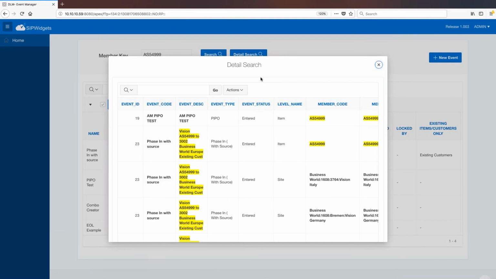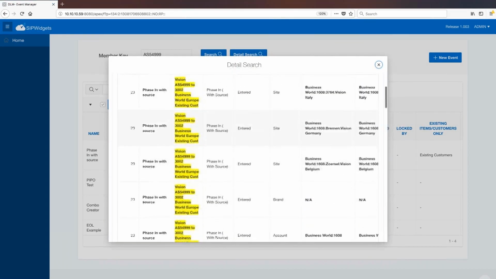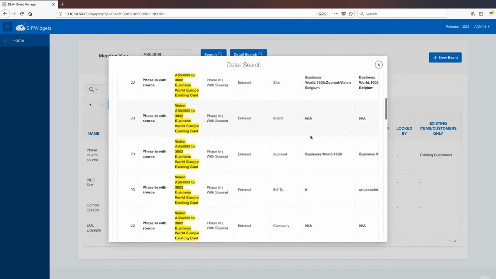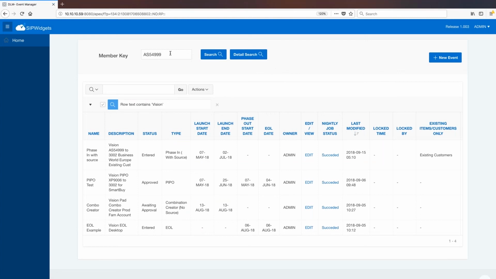It'll show up a pop-up window which has all the details of this item, as to which events it's involved in and what levels it's involved in for the events themselves. So this provides pretty detailed information on various events, items, or combinations as to how they are involved in or are utilizing various events here.